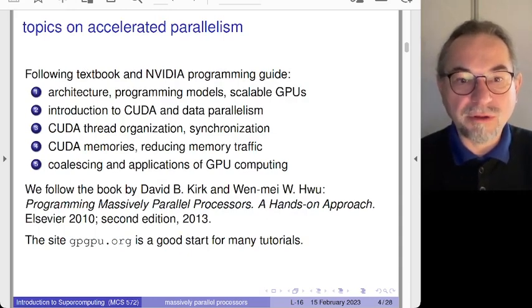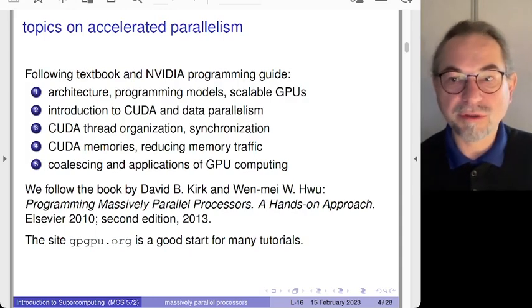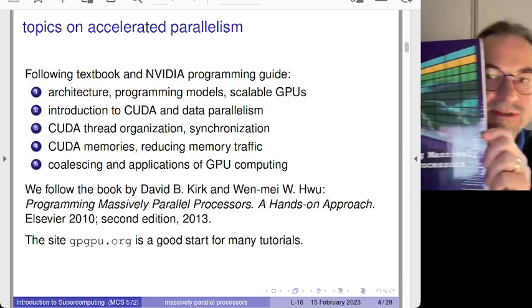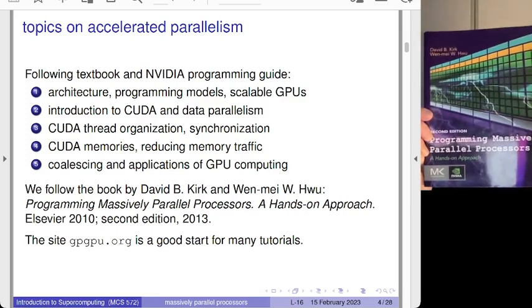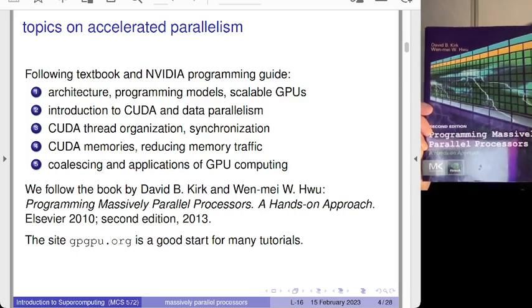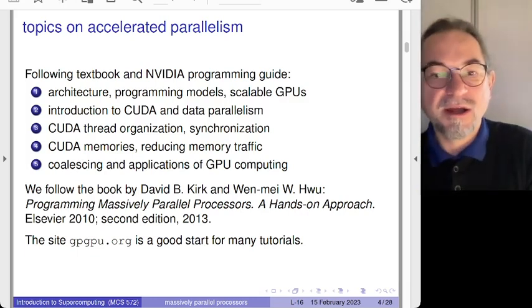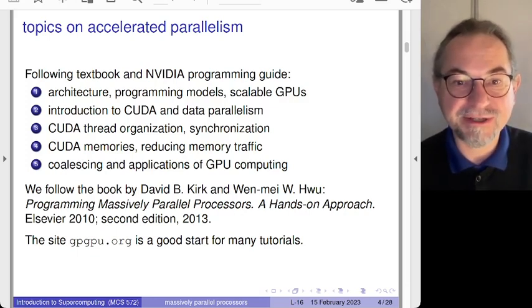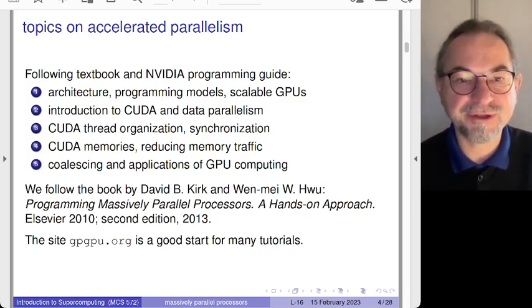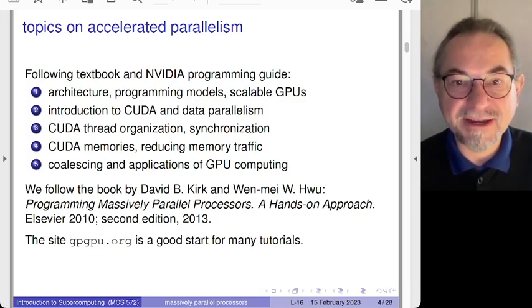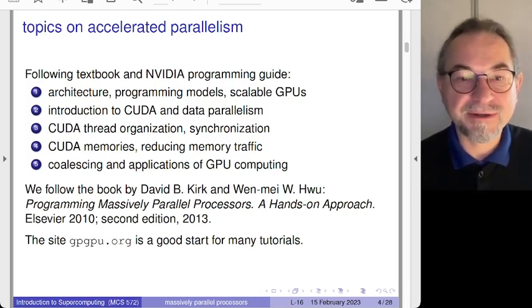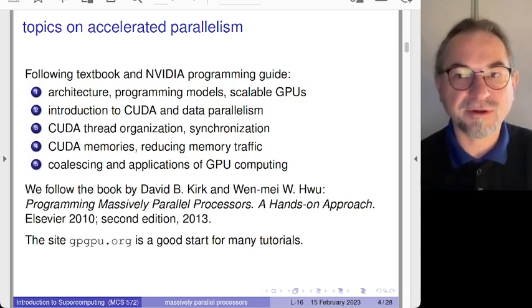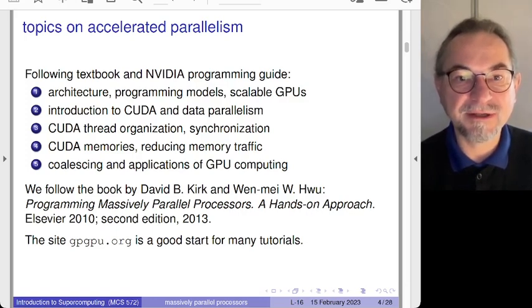Okay, so I will follow the textbook that is listed here. So I have the textbook, so let me pull it over. So this is the cover. So I have also the first and the second edition. So the book is already more than 10 years old. The second edition is actually in its 10th year anniversary. The area is evolving extremely rapidly. But still the book covers many of the most fundamental topics in